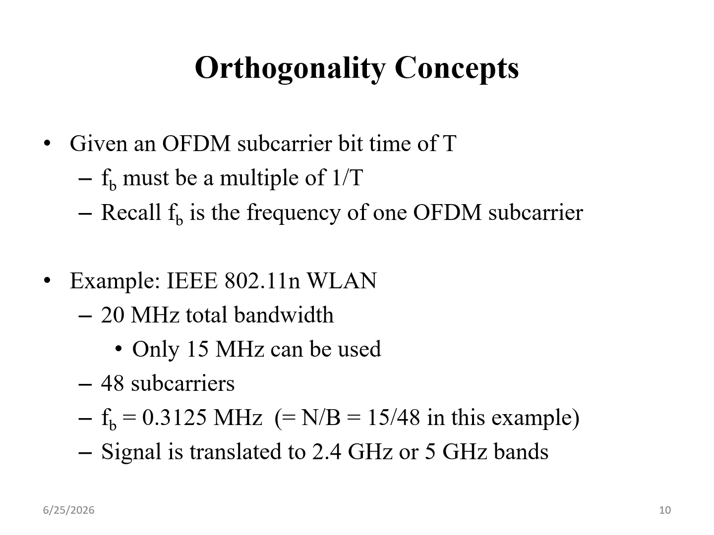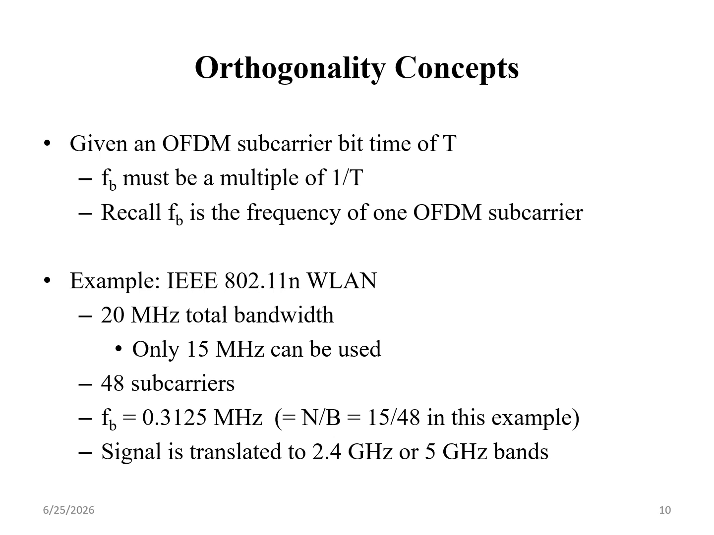Concept of orthogonality. In a given OFDM subcarrier with bit time T, FB, which is nothing but the frequency bandwidth, must be a multiple of 1 divided by T. F is equal to 1 divided by T. Recall FB is the frequency of one OFDM subcarrier, only one OFDM subcarrier. Example, IEEE